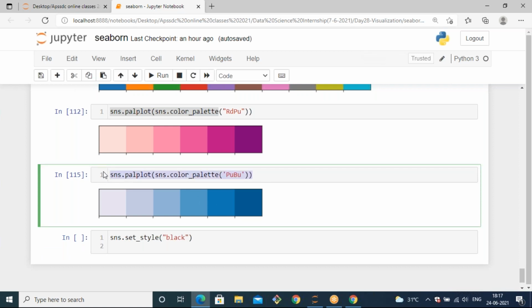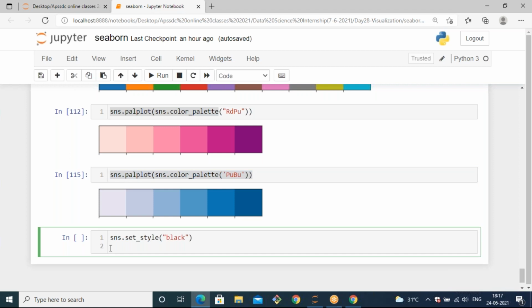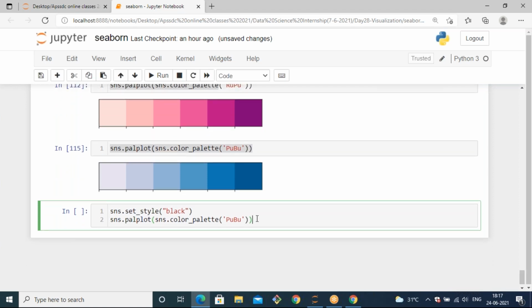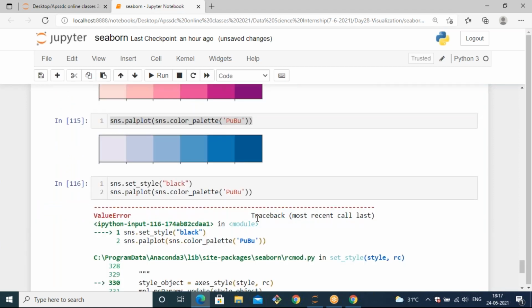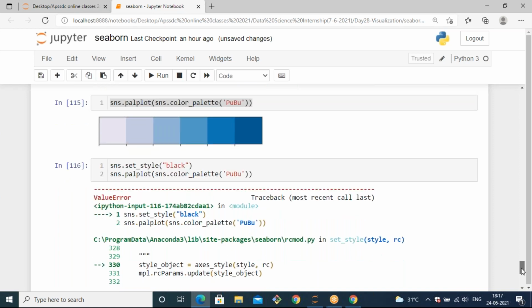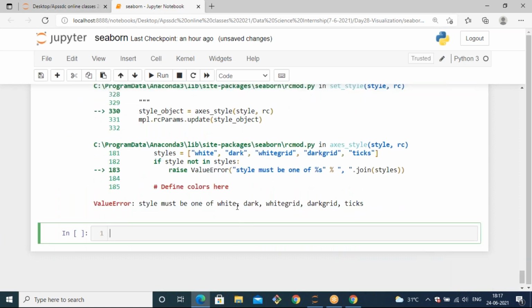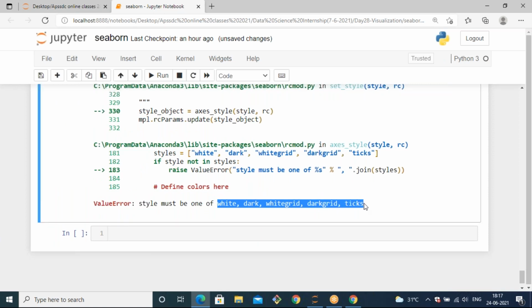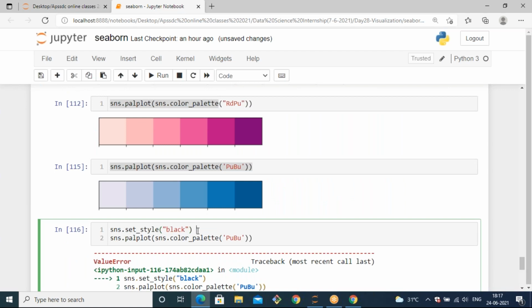This is used to visualize something. So when it comes to basics, you might wonder where we can use it, but from an application point of view, based on our application, we can use these visualization tools. When you use it like this, it says the style must be one of these. So style will take only these kinds of parameters. When I mentioned black, it doesn't have black to set, and this style takes only this type of possibilities. So it can take white, dark, white grid, dark grid and ticks.